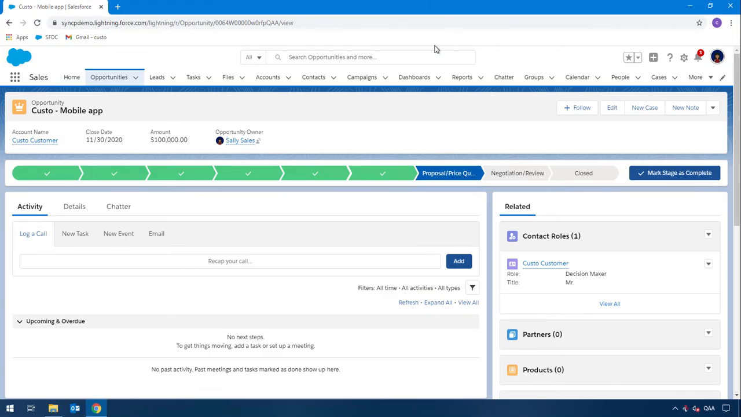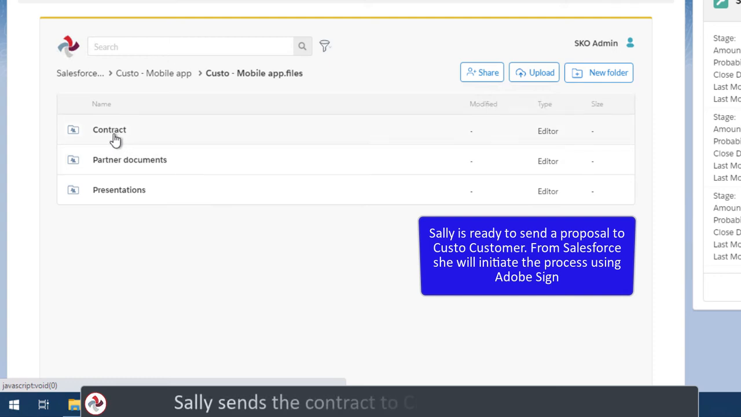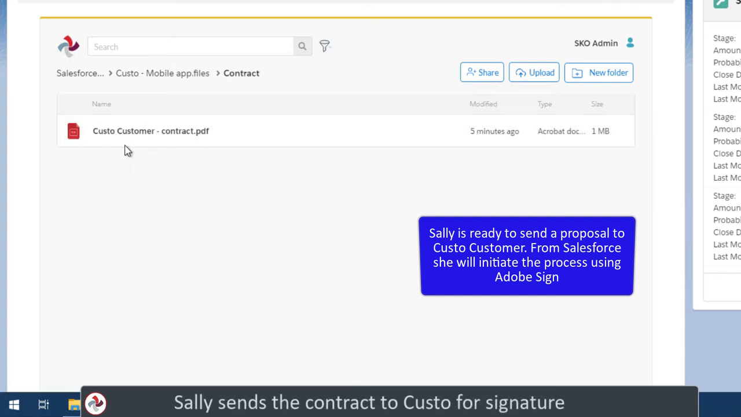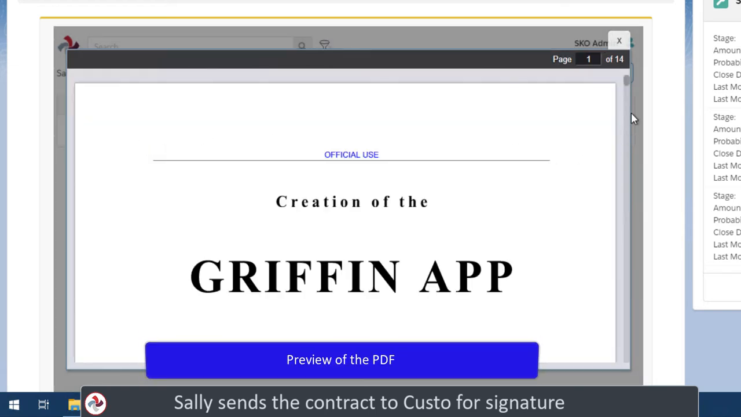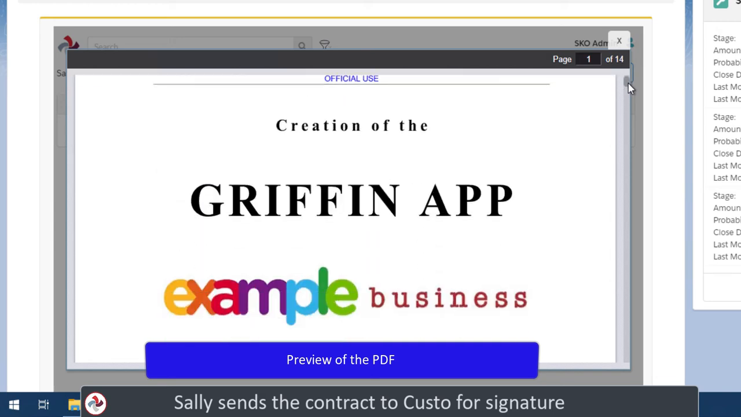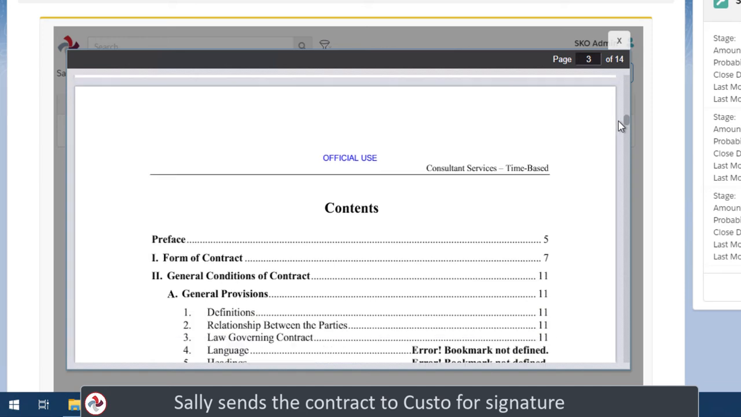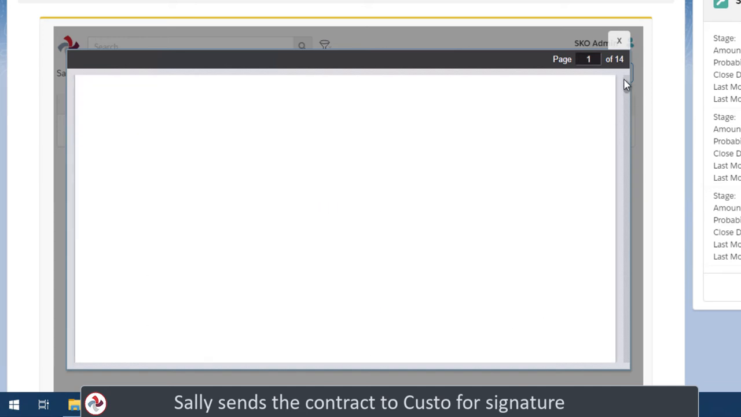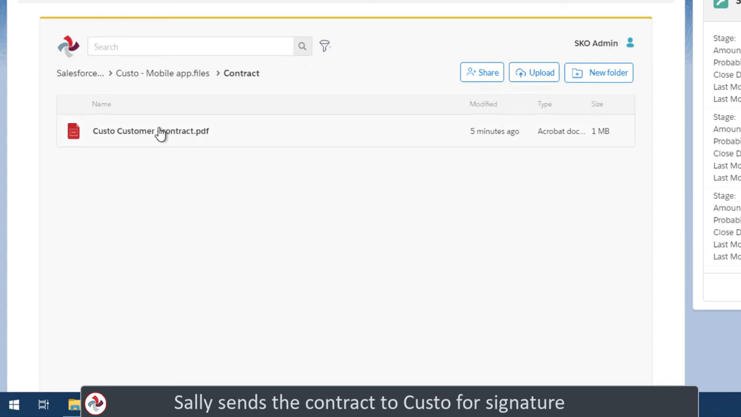In this demonstration, where we are now in Salesforce in the almost last stage of the opportunity, Sally navigates to the contract, which was either generated by herself or by a system. She can check out the document, of course, also in a viewer inside Salesforce. You see here the proposal that is going to be sent to the customer. And once he's happy about the result, Sally can simply close the preview and ask the document to be signed,